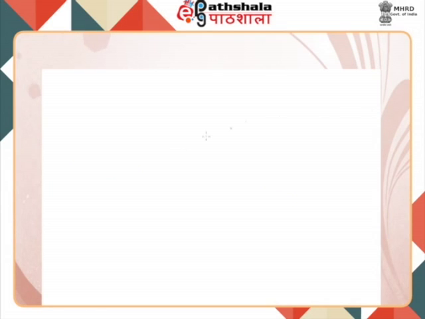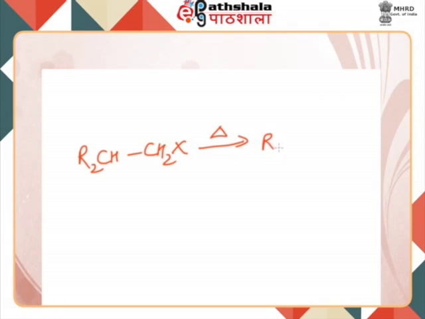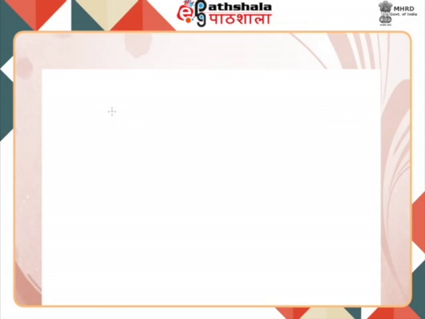And the main result of the free radical pyrolytic elimination we can sum up as follows: R2CH CH2X, when pyrolyzed, that is heated, then we get, so you can see here that there is a removal of H and X, and as a result there is a double bond which is getting created at this position. In this free radical mechanism,